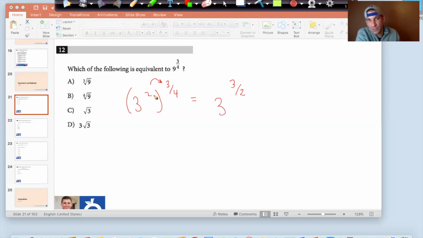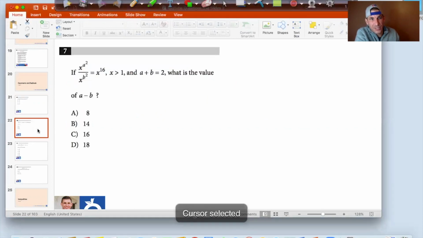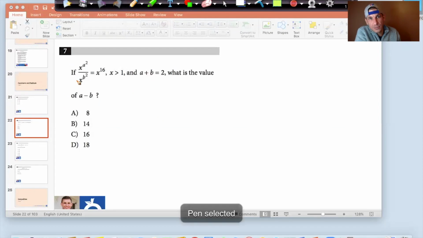And that's nice, right? 2 times 3 is 6, and 6 over 4 gives me 3 over 2, and that's where I'm getting that from. Okay, awesome. Another quick tip as we work through: whenever you see exponents, like if x to the a squared over x to the b squared equals x to the 16,